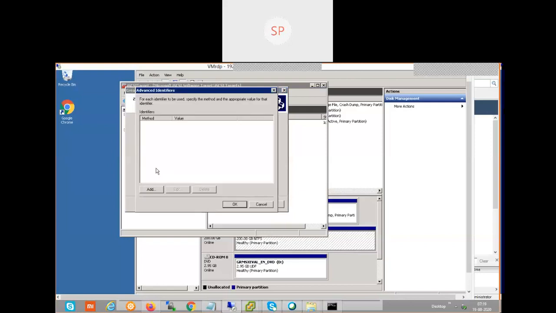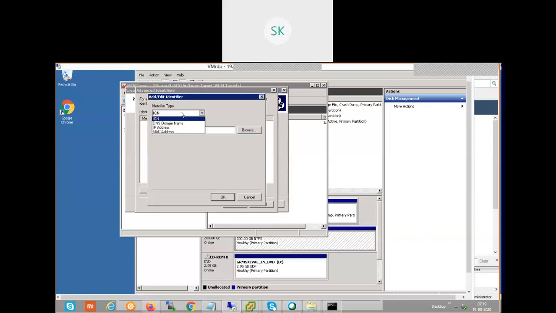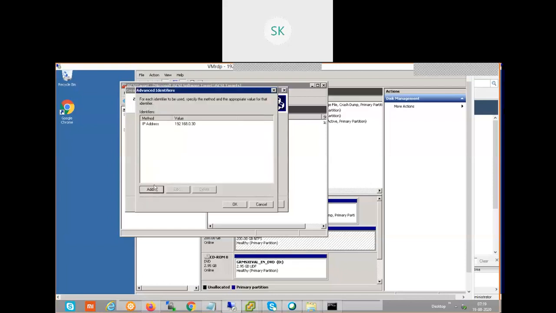I am not sure what the IQN identifier is, so I'm going to add the IP address instead of the IQN number. The IQN number is nothing but the physical address of the iSCSI initiator. Click on add. From the drop down, choose IP address and choose ESXi host 1 IP address, 192.168.0.30. Click OK. Add, okay, click OK.